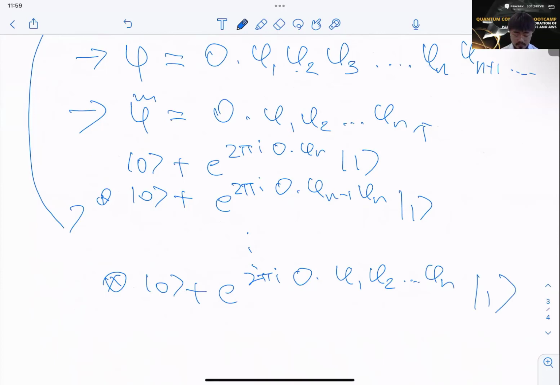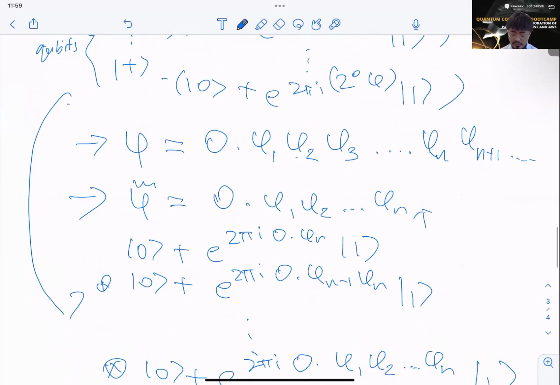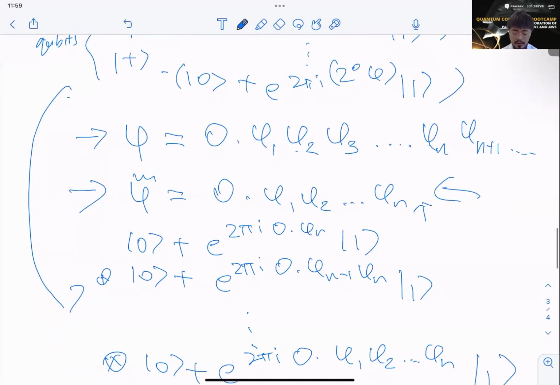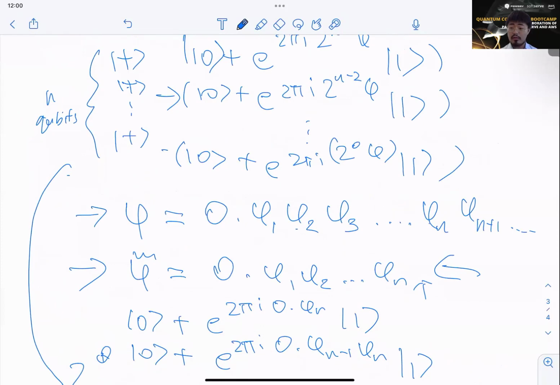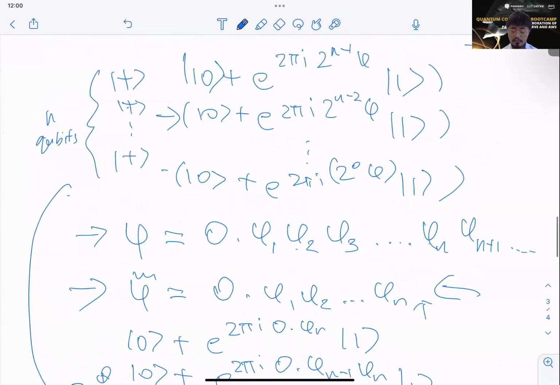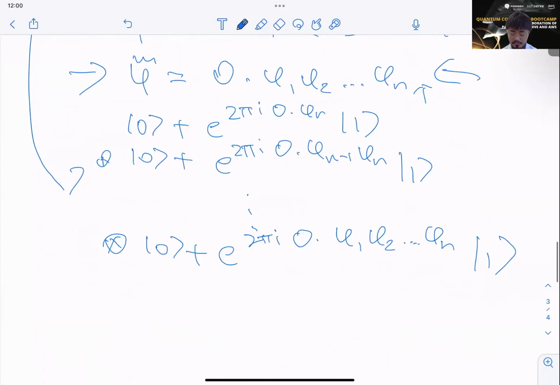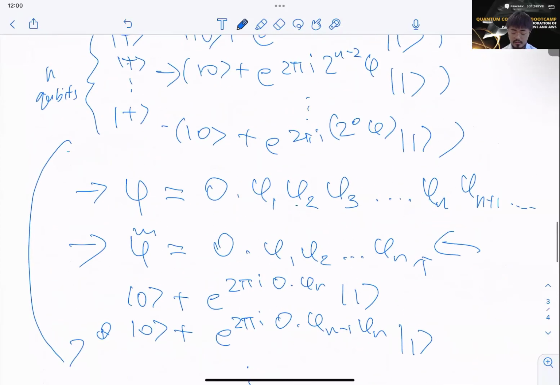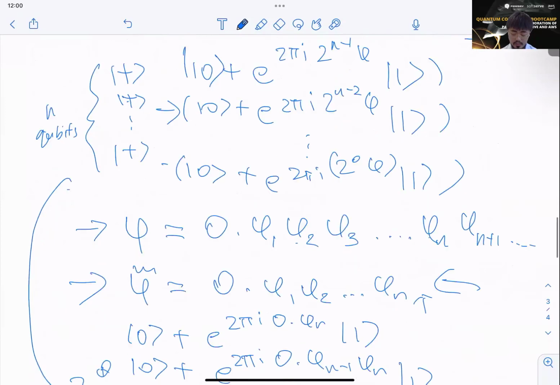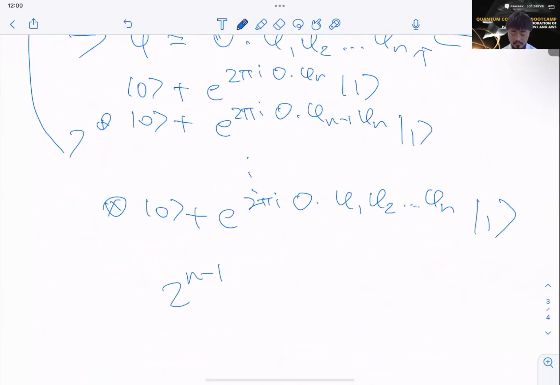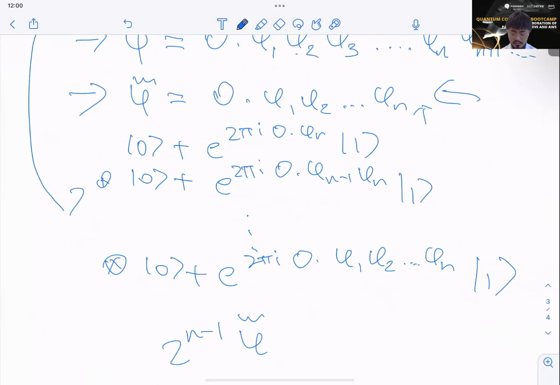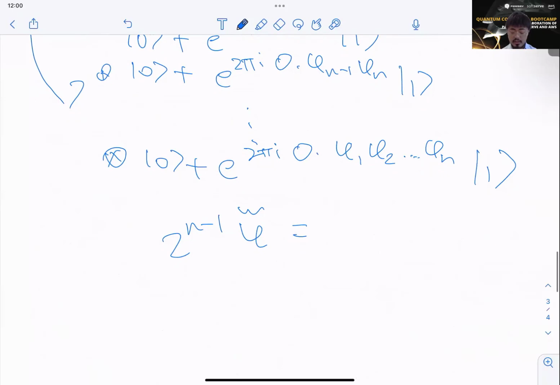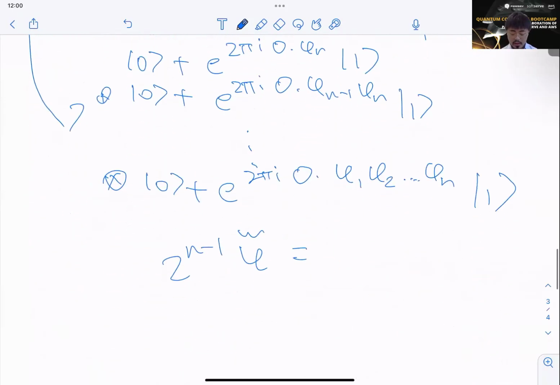Okay, so with this approximation over here, we can rewrite the above first register into this form. How we can see this is that if we take 2 to the power of n minus 1 times basically here, we remember in decimal, right? If we do things in decimal, if we do 10 to the power of n minus 1, and then this one is basically like